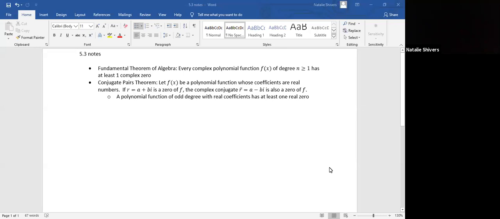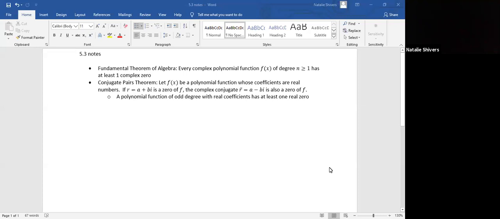All right, so we're going to start 5-3 with some notes. Normally when I teach it in the classroom, we write these on the board so we get a better idea of what's going on. So I'm going to talk them through. The first note is the fundamental theorem of algebra, and I will email these notes out and put them